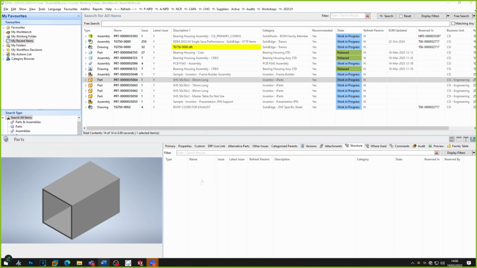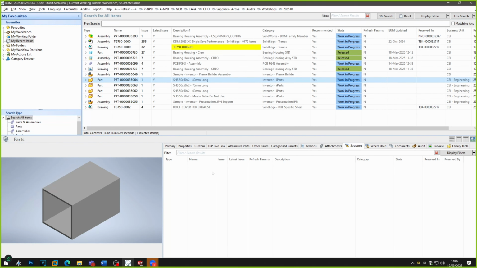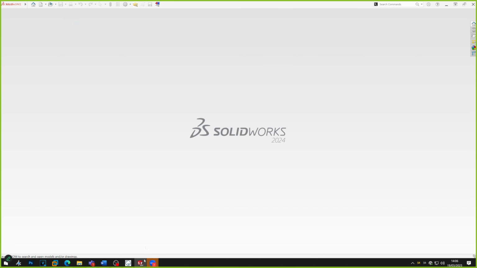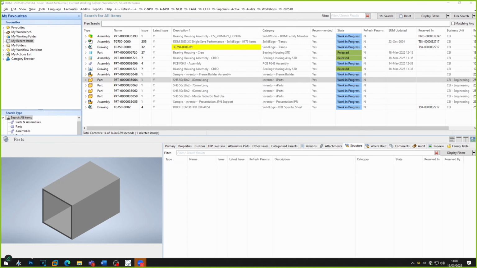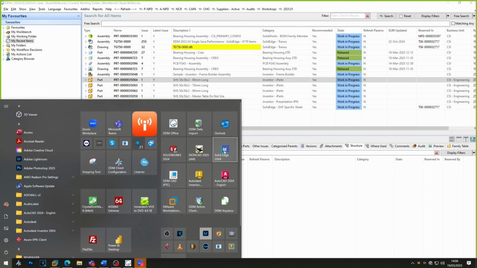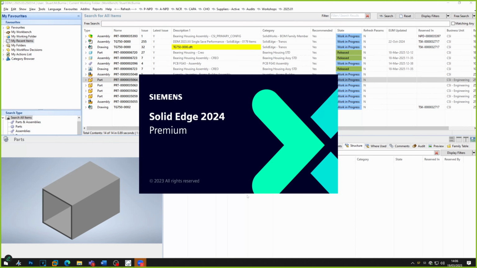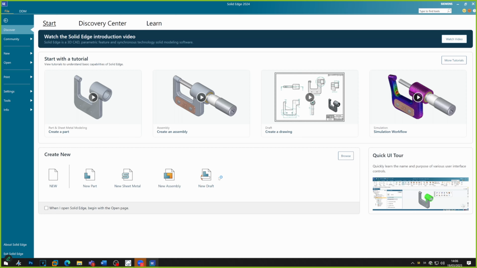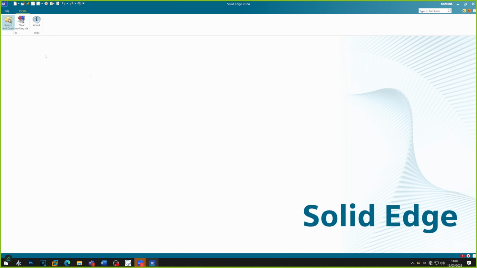like that. Now, the way to explain this is we have the new interface for the various CAD applications. I'm going to use Solid Edge as my example. When you load something from DDM into the supported CAD application, and this specifically relates to Solid Edge, SolidWorks, and today we're going to see the IronCAD, the new IronCAD interface as well. So if I hop into DDM,